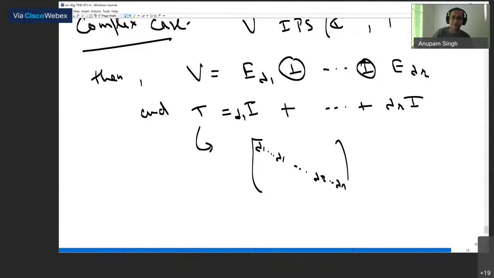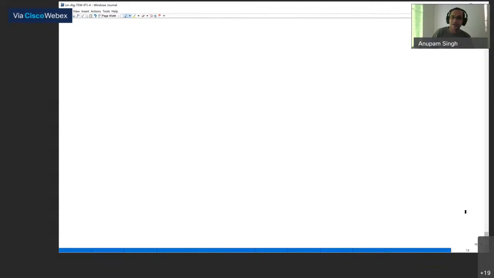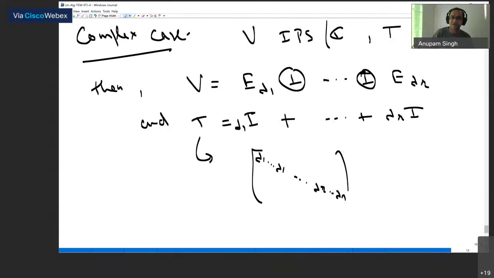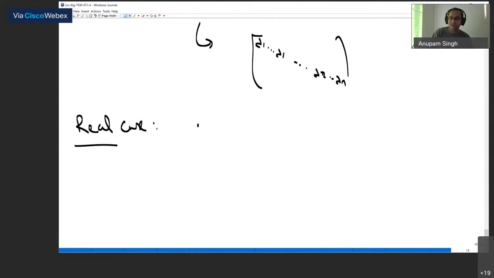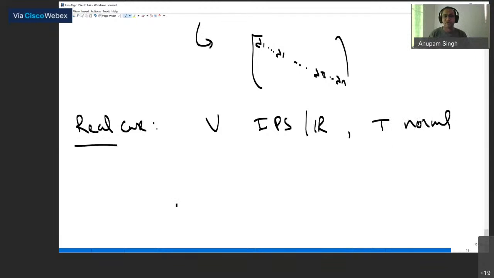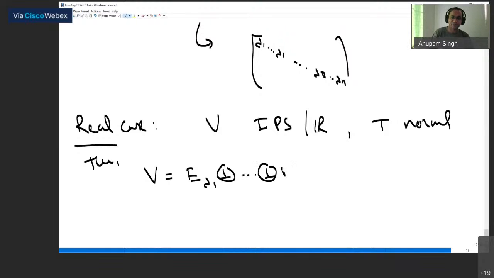Means it actually looks like a diagonal. Okay. In the real case, it's a little more than that. So in the real case, I have V, an inner product space over R, and again T is normal, and then V can be written as an orthogonal direct sum of eigenspaces, if there are eigenspaces, then orthogonal direct sum of eigenspaces